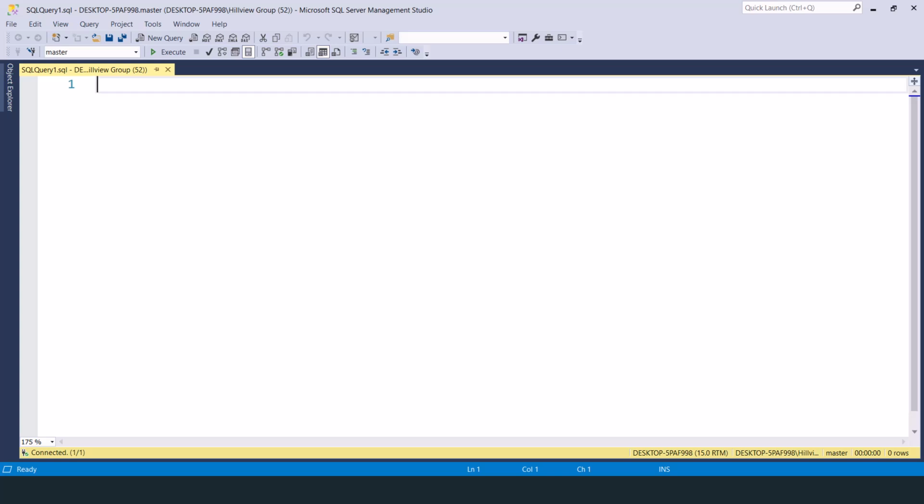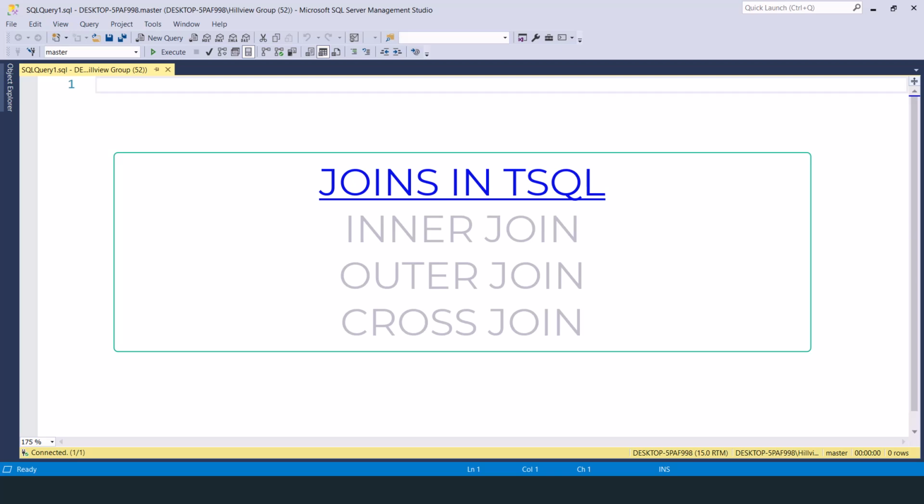You can join tables on any expression that is based on any column or combination of columns from both tables. Transact SQL supports three types of joins: the inner, outer, and cross joins. You can join more than two tables by using a series of joins within a select statement, or you can join a table to itself by